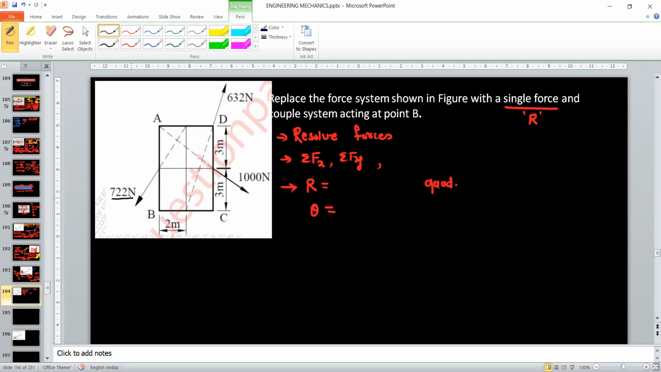So for 722, you can see this is the line of action. Okay, this is 2 meter. Okay, we can find out this angle. Okay, so I will assume this angle as alpha. So alpha